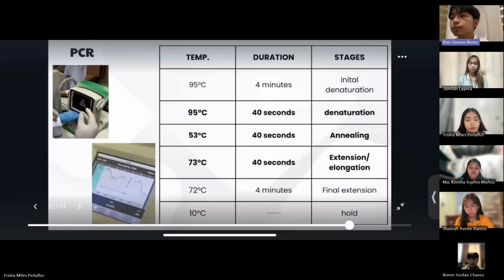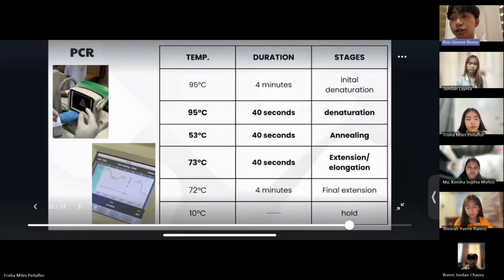The next process is the extension or elongation, where the temperature goes highest at 70 degrees Celsius for 40 seconds. It is to make sure that the polymerase synthesizes the complementary DNA strands from the primer. The last two are the final extension, which runs for 4 minutes at 72 degrees Celsius. The purpose of this final extension is to ensure any remaining single-stranded DNA is fully extended into double-stranded DNA